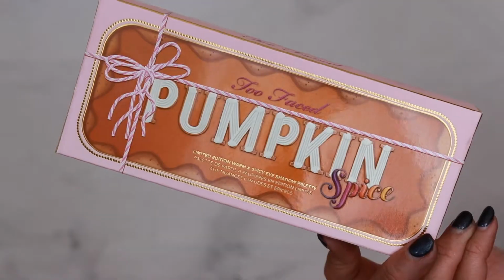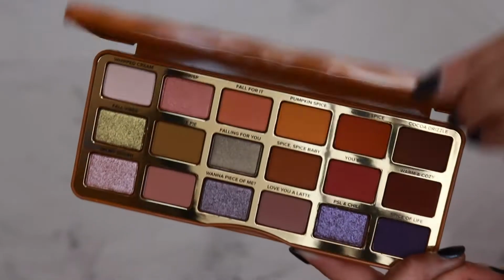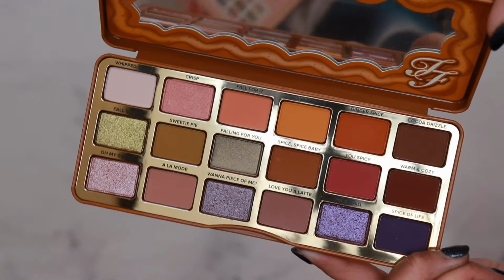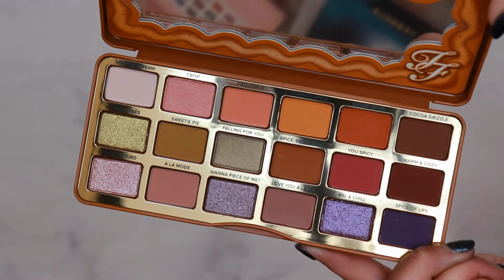I've been out of practice with this for such a long time that I can't even be coherent in what I'm saying. So this is the Pumpkin Spice palette. I really like this color story. I think it's very, very pretty. I love these pinky kind of colors, like Crisp is so pretty. Use Spicy is gorgeous. It's very similar to that Gumdrop shade from the original Gingerbread Spice